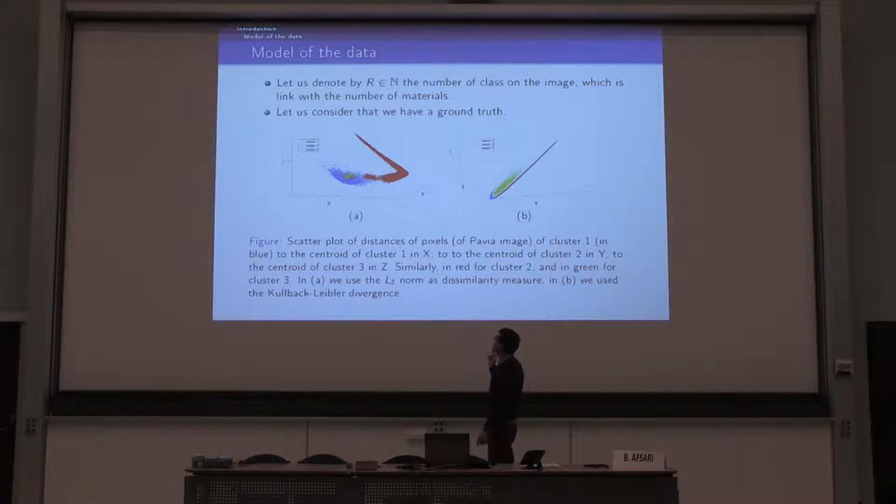What we would like is a good distance. What is a good distance? A good distance would bring spectra that are in the same cluster near to the barycenter of the cluster we consider, and spectra that do not belong to the same cluster far away. And with the norm 2, what we get is that the cluster blue and the cluster green are more